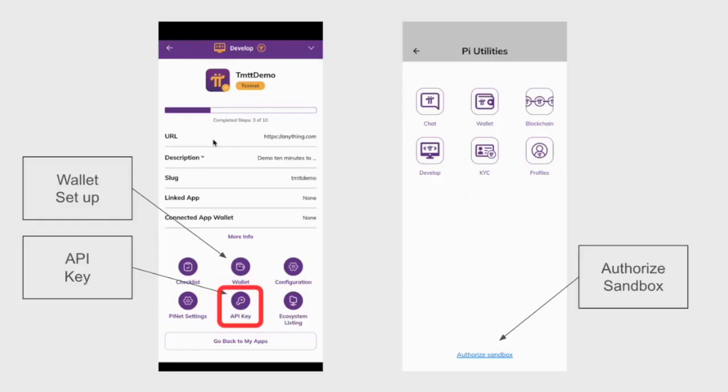Likewise, you're going to then need an API key. In which case you're going to go ahead and click on the API key and it'll give you the secret code, and you're going to need to store that someplace because you're going to need it in the next couple of steps. Now we have everything ready to go